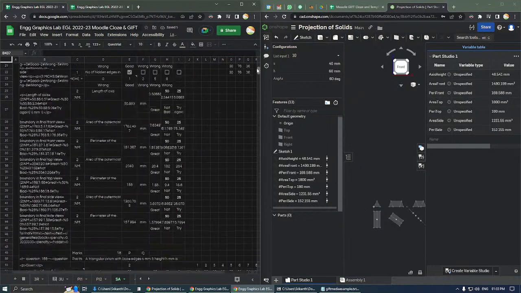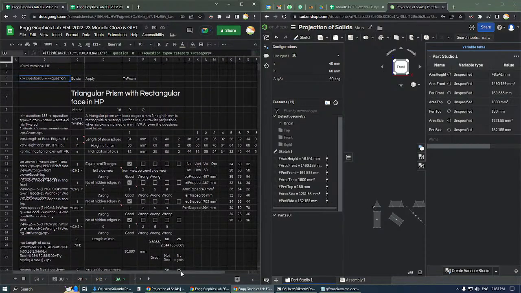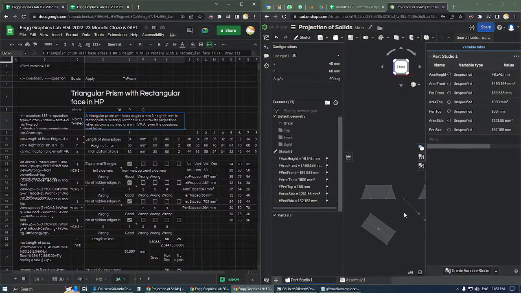These questions can be easily added over. Triangular prism with rectangular face in HP. Done. Problem solved. These questions are easier to solve. One more reason why it is easier is because